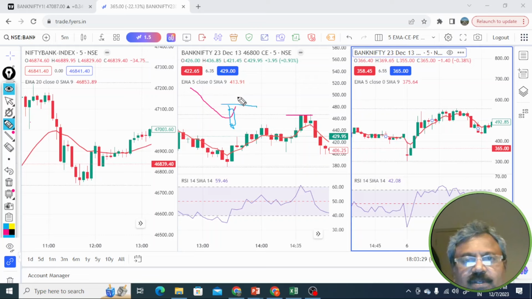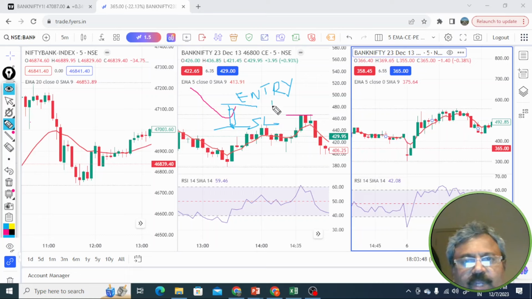Above this is your entry, and below this candle is your stop loss,